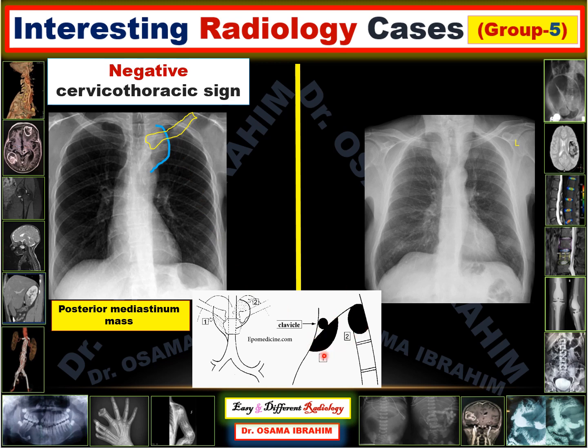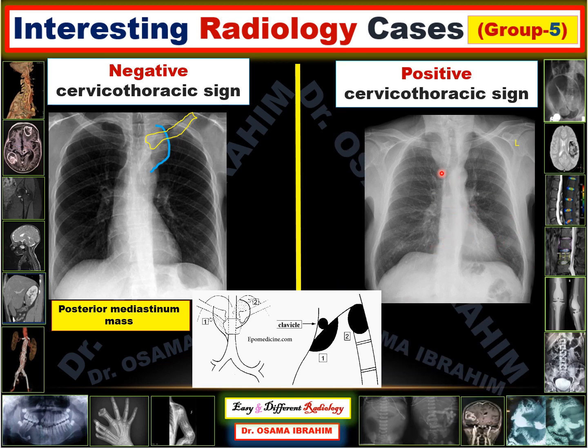However, if the lesion is anterior mediastinal, it cannot cross the clavicle, because the anterior mediastinum finishes here before reaching the clavicle. So if you look at this other patient, only for comparison, you can see the silhouetting here of the upper border of the lesion. There is opacity appearing here and there, and this opacity is continuous with the cervix, so it is called